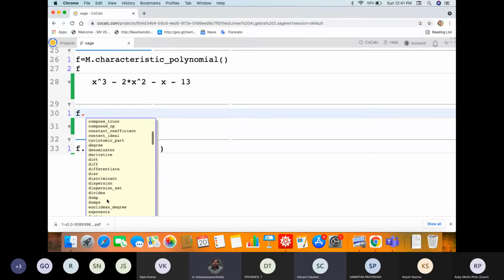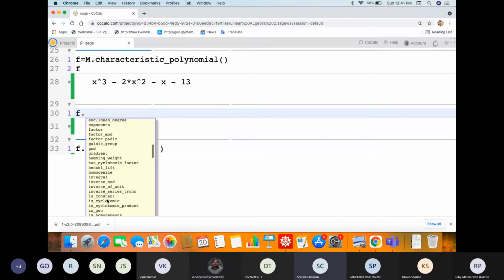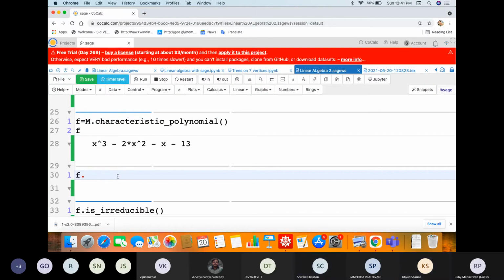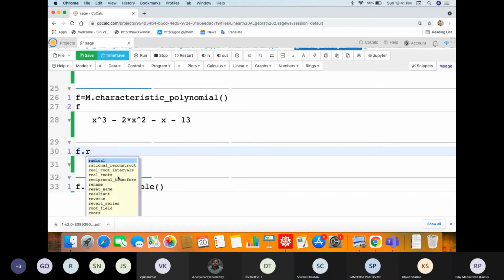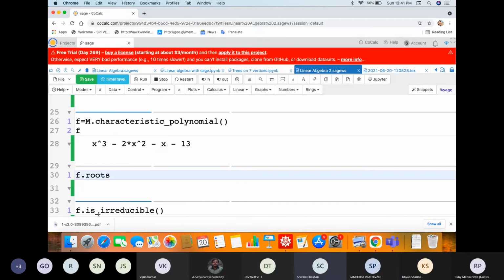Yes, sir, we can do that also, but there is also f dot roots, f dot real roots. Let us type roots.